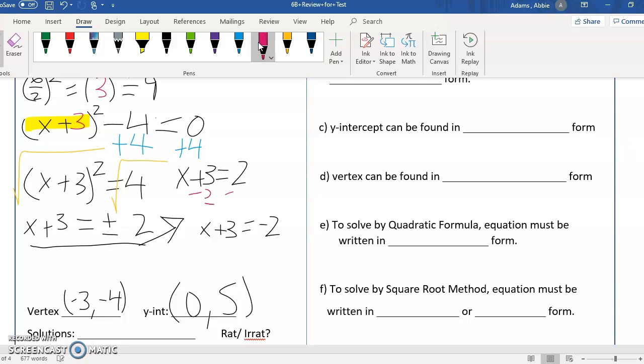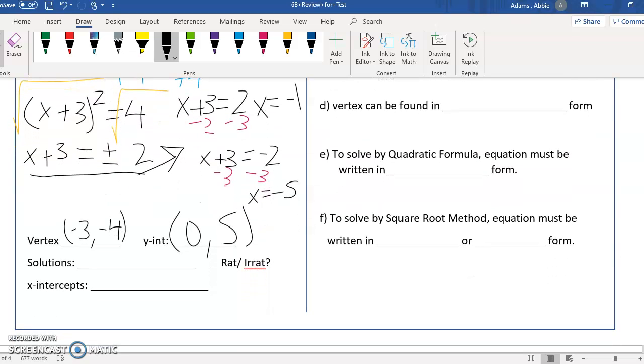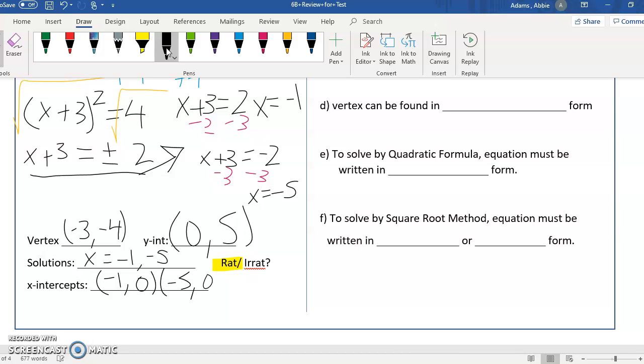Let's subtract 3 from each equation from both sides. 2 minus 3, x is going to equal negative 1 as my first solution. Then negative 2 minus 3, that means x is going to equal negative 5 as my second solution. So my 2 solutions are x equals negative 1 and x equals negative 5. These solutions are rational, and my x-intercepts are negative 1, 0 and negative 5, 0. Okay, let's go on to